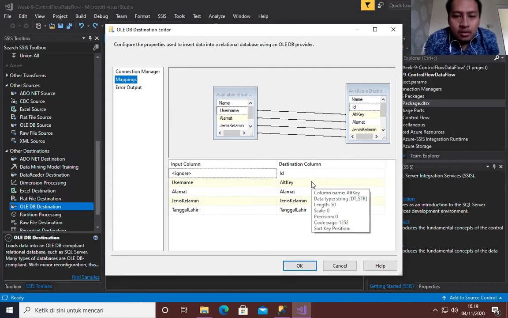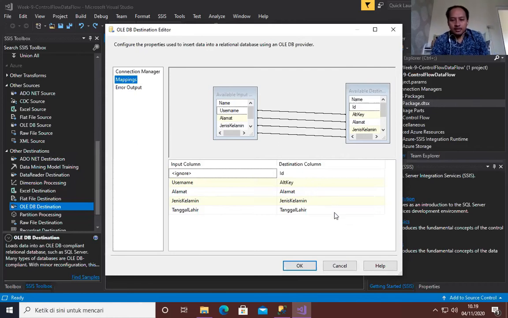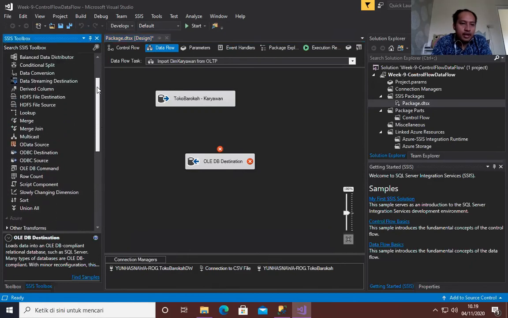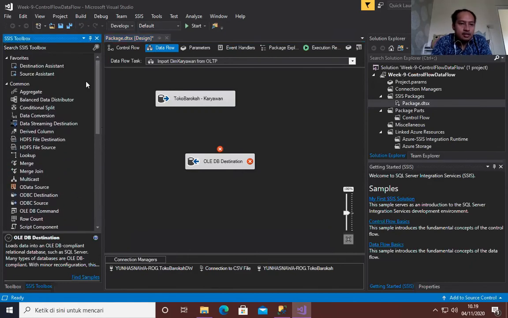So right now we delete our precedence constraint and change it with a transform element named data conversion.